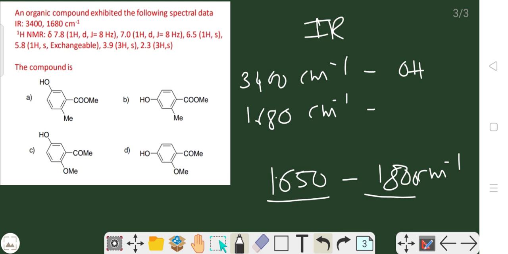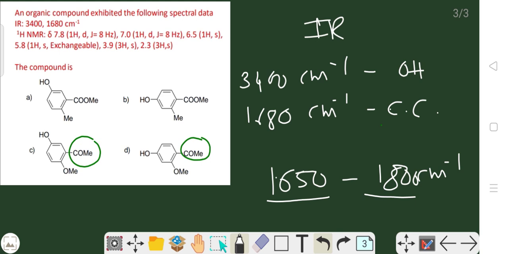So from IR data we can simply eliminate the first and second structures. Why? Because in these structures they give a conjugated ester, and a conjugated ester appears in the region above 1720. So the first and second structures are eliminated, and the actual structure is a conjugated carbonyl. So basically C and D may be the answer, a 50% chance from that. This 1680 is particularly for conjugated carbonyl. Likewise, this is the data called IR spectroscopy, from which we can identify the type of functional group.